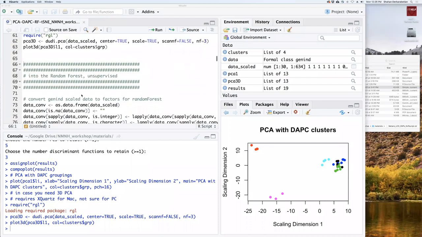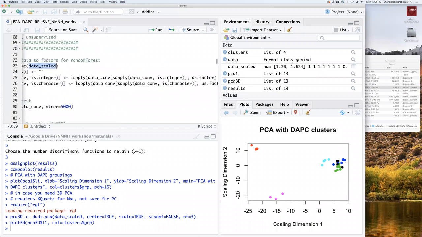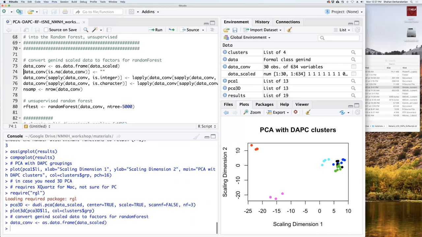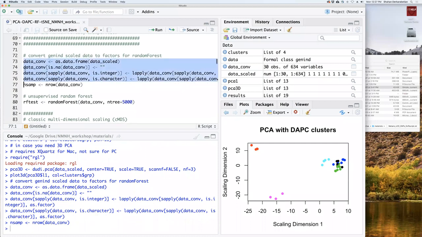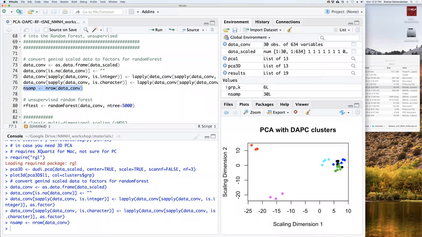I'm going to switch to random forest, unsupervised random forest. So we have to convert the data. I'm going to start with the scaled data, and we have to convert it to factors to work with random forest. So I'm going to do that really quick. These commands may or may not actually do something to your data set. These are just the cumulative commands that I've used based on the very different data types. Again, attempting morphology, whatever. I just do all of them no matter the data type, and it converts just fine. This is the number of samples. I just put that as a variable.